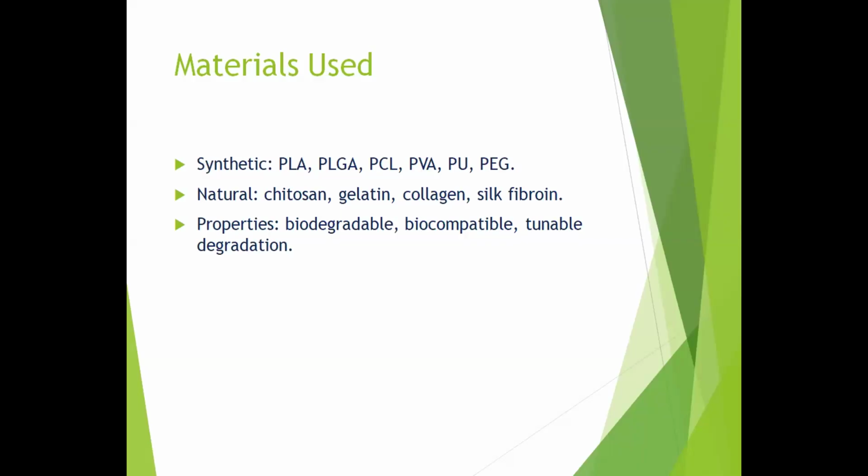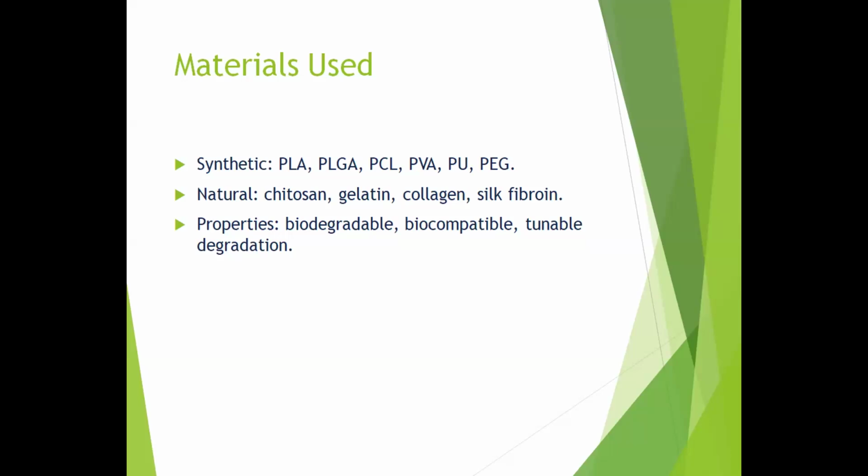Fiber morphology is determined by three main categories of factors: solution, process, and environment. Solution factors are how the polymer solution itself impacts the result. Process factors are the settings of the equipment used, like applied voltage, flow rate, and the distance between the needle and the collector. Environment factors are the external conditions during the process, like temperature and humidity.